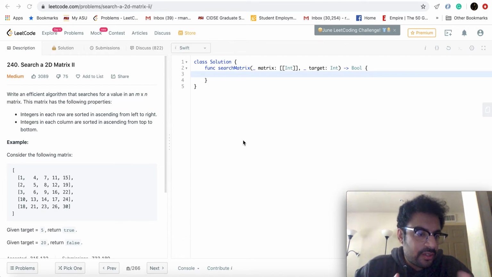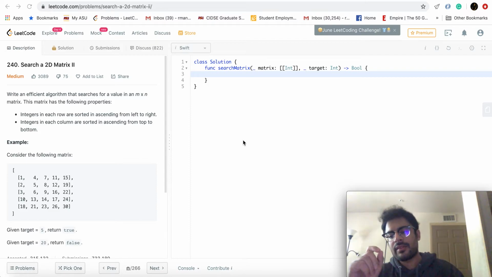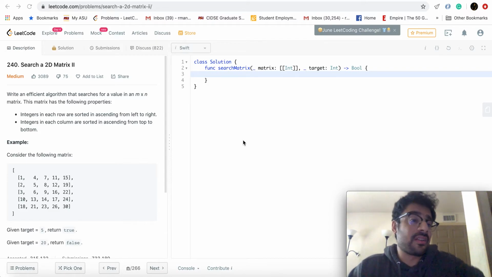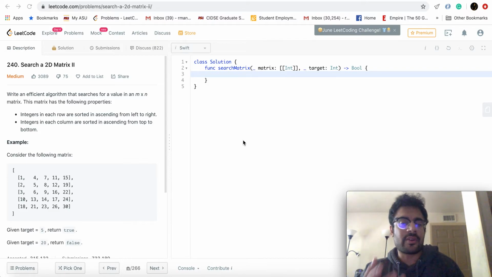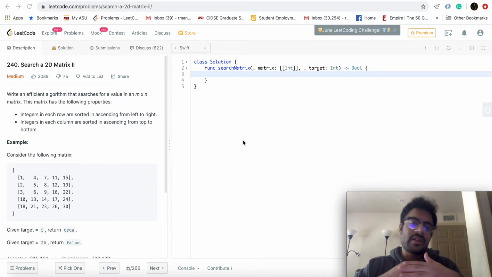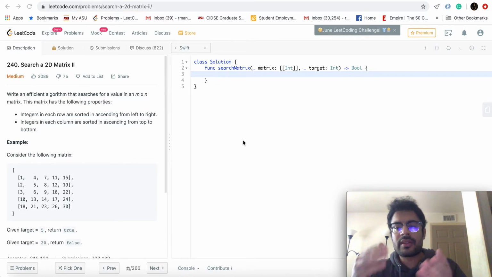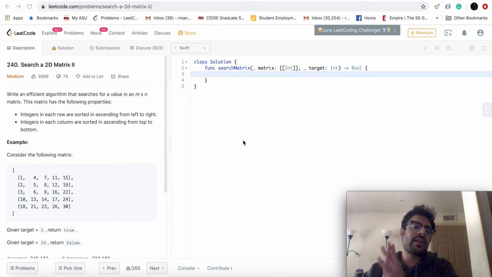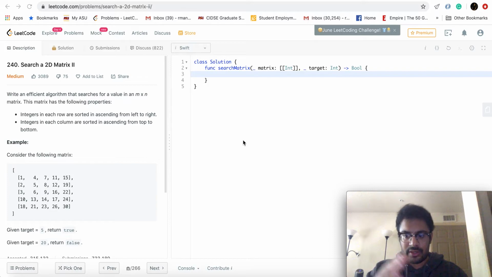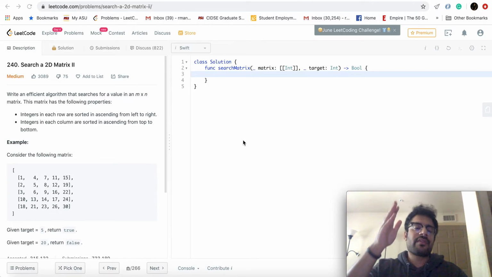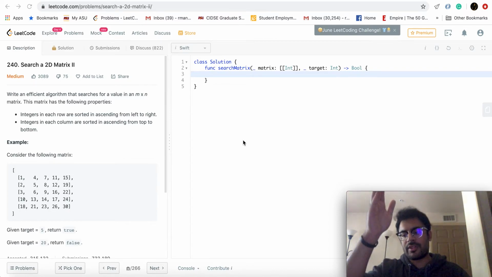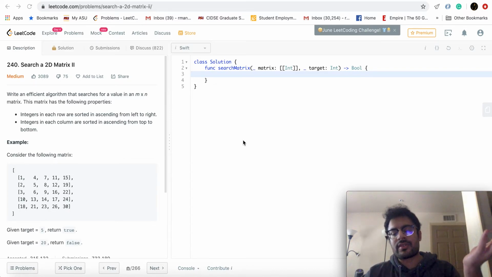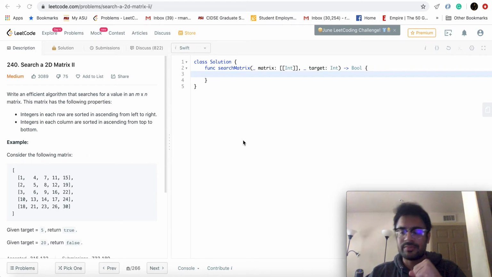To talk about the question, we are supposed to search for one element in a 2D matrix in which the columns and the rows are both individually sorted, in that every row is sorted from lower to higher values, meaning in ascending order, and all columns are also sorted in ascending order starting from the top to the bottom, meaning lower values are at the top and higher values are at the bottom.